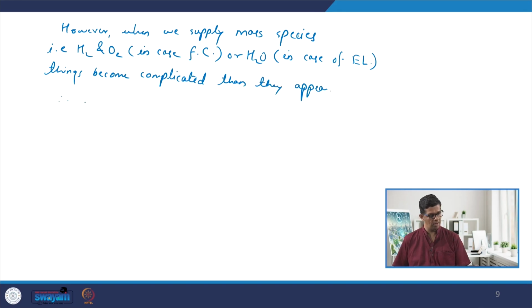So, therefore, this mass transport loss, which we will be denoting as eta mt,